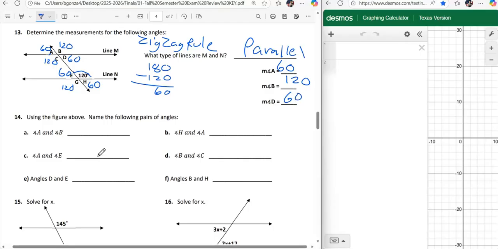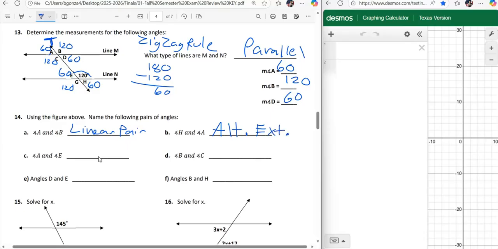Cool. Now, 14, use the figure above, name the following pairs. Now you have to name these pairs, A and B, next to each other, making a line. Like a pair of angles making a line is a linear pair. H and A. Do you see how they're on different sides of this transversal T? Okay, so they're alternate and they're outside the parallels, so that's alternate